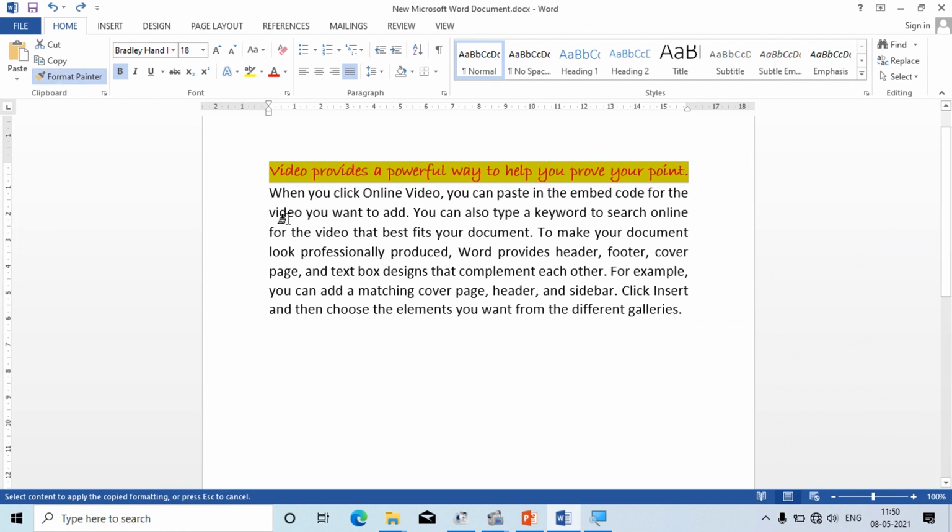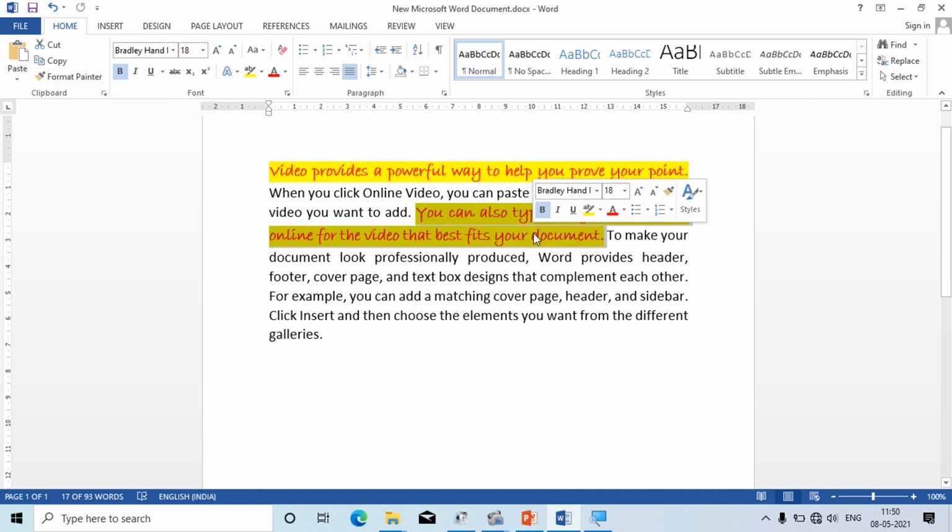As you can see the brush icon has come. Now wherever you want to copy these settings, whichever line, you just need to select that line. Suppose I am choosing this line from here till here. See, the settings are copied. The same text color, same font color, same shadow, everything is copied. So this is actually known as Format Painter, which copies the same settings, graphics, shadow, font color, text color, everything to another line.